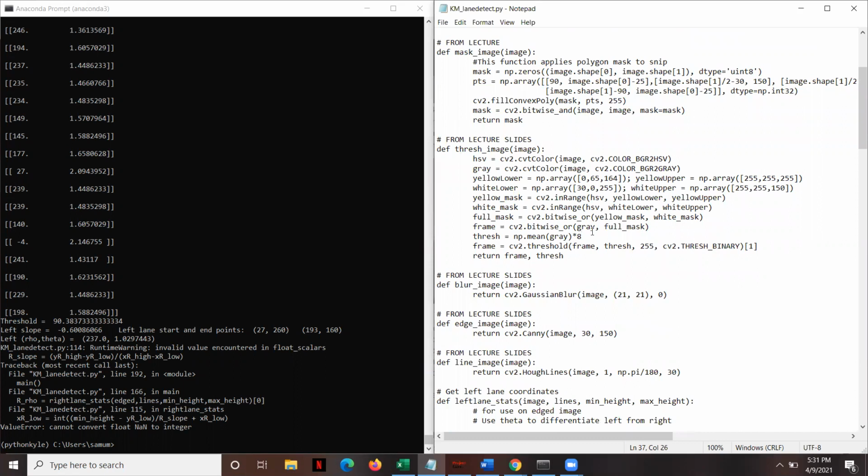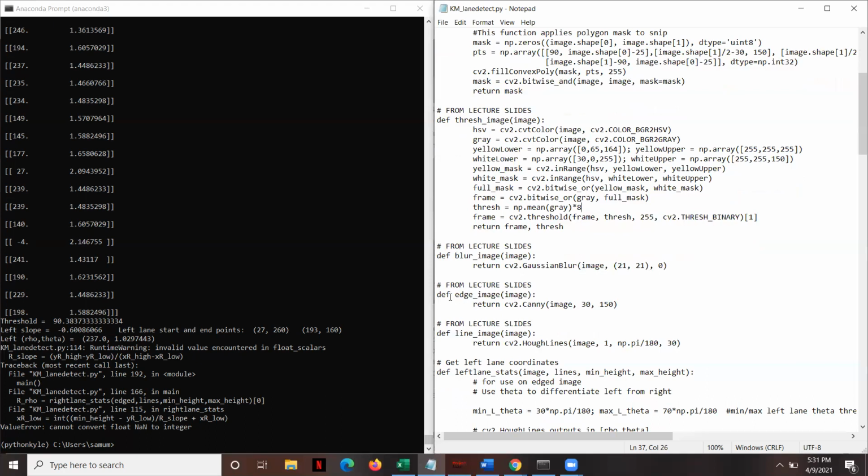So this image would then be taken and blurred to get rid of any white pixels that are noise and not actually part of the lane line itself. And this is done within the blur image function with use of the cv2.GaussianBlur function. So next, within the edge image function, the cv2.Canny function was used to create the edges of the lane lines. This is done by taking the derivative of the pixel intensity and defining an edge as a sharp change from